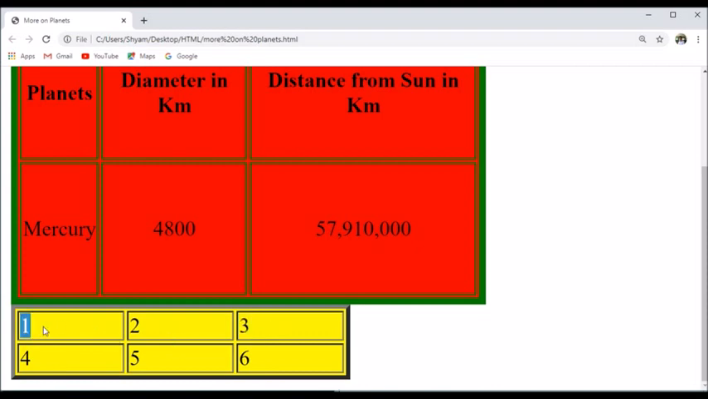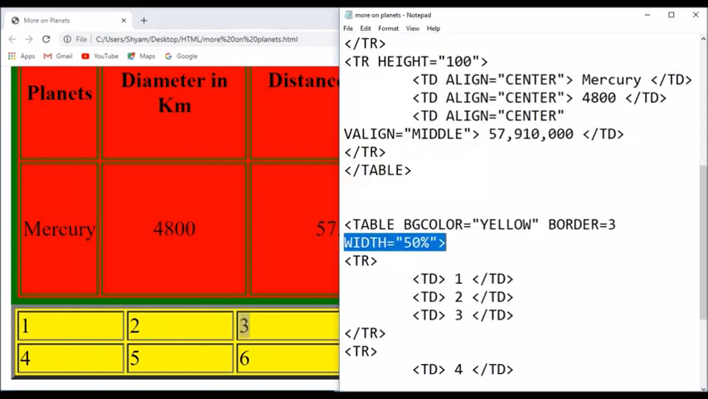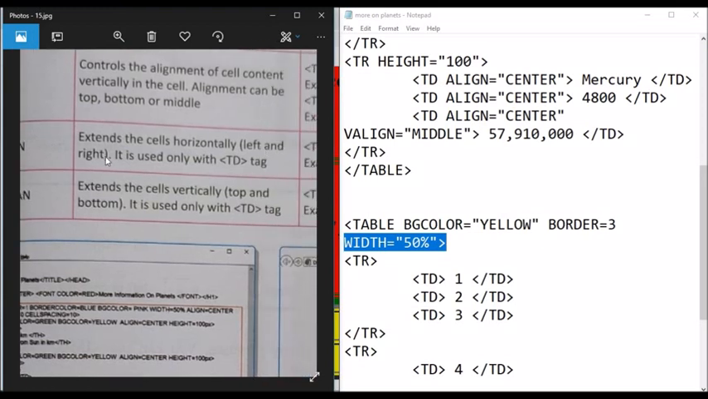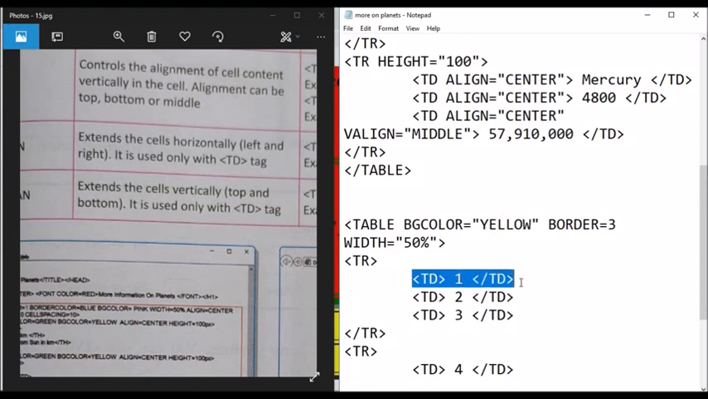You understood? Number 1, number 2, and number 3 cells are to be merged and act as a single cell. That is called colspan. The colspan will extend the cell horizontally from left to right. That means these particular 3 cells, number 1, number 2, and number 3, should act as one